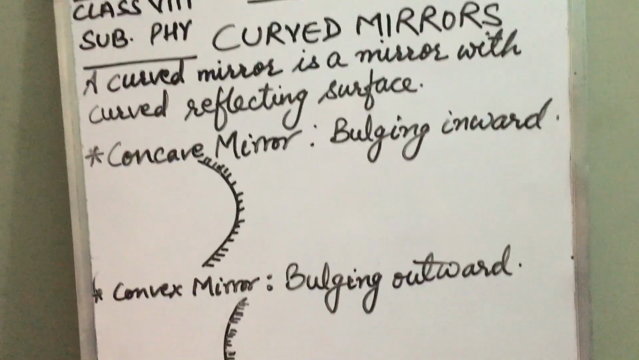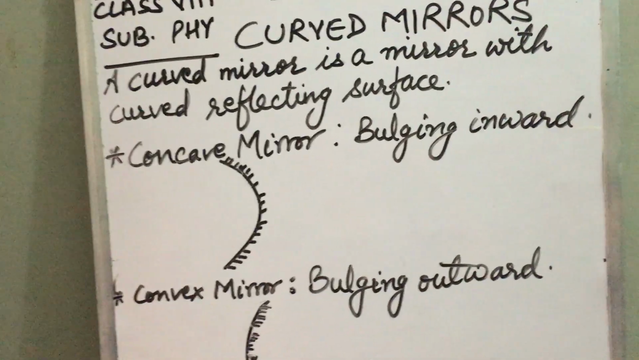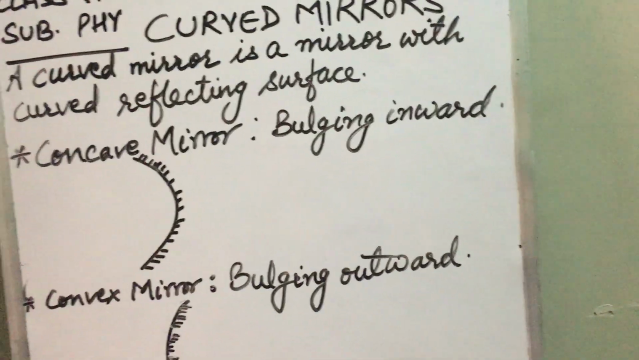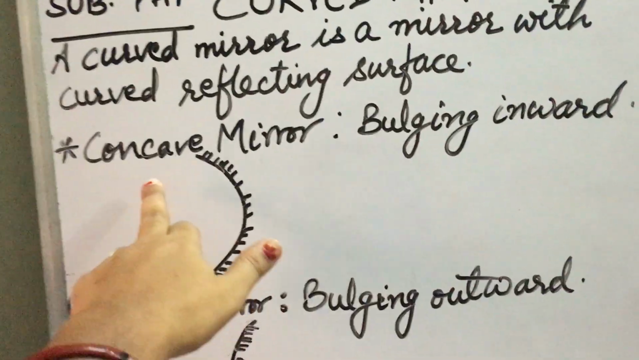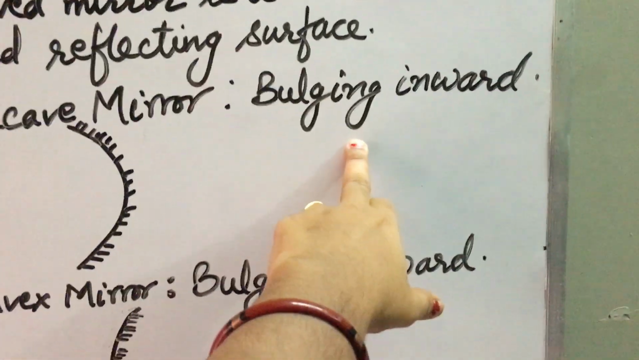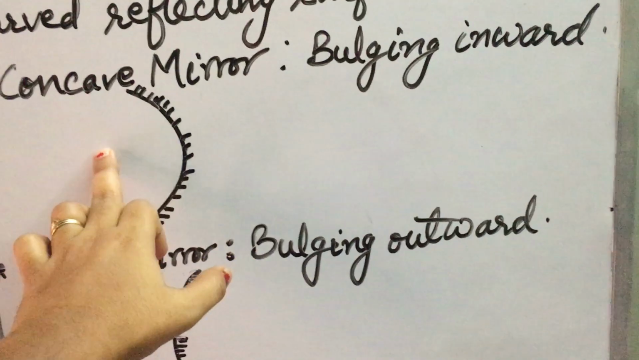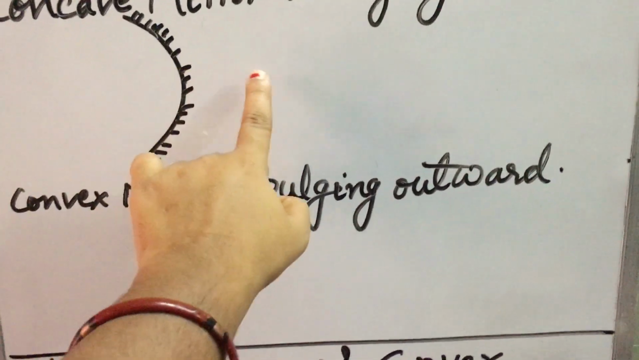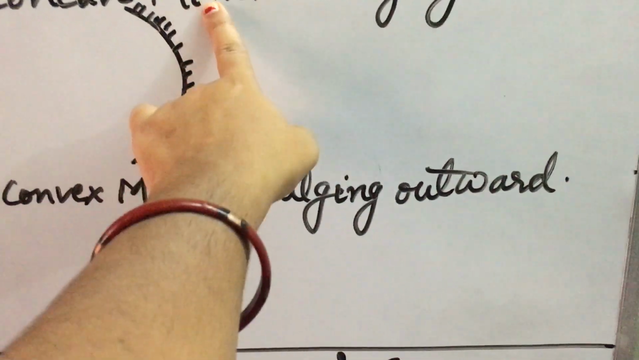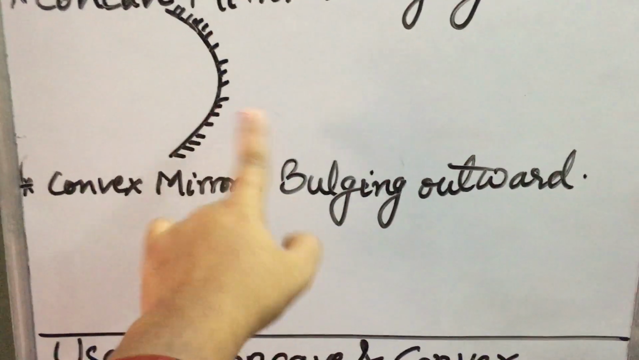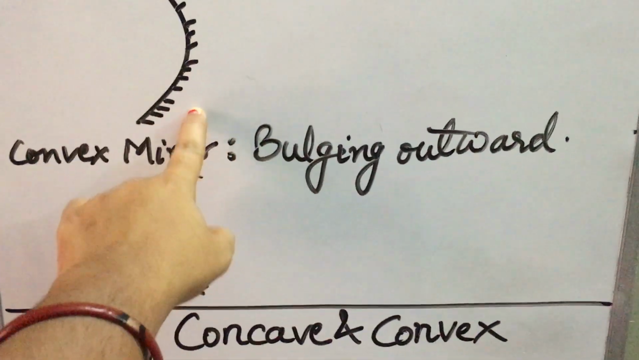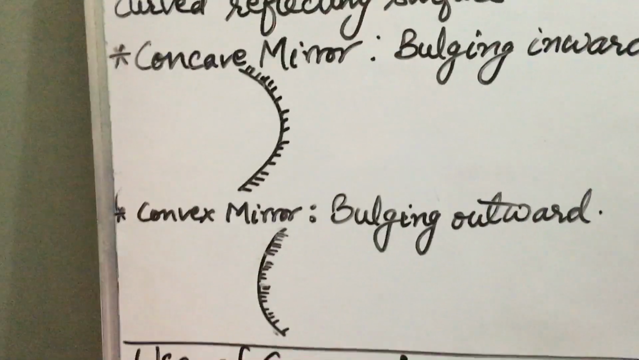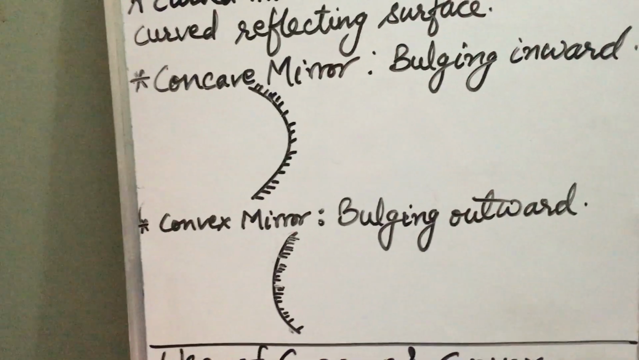Now curved mirrors are of two types: concave mirror and convex mirror. What is the difference between a concave mirror and a convex mirror? See children, a concave mirror is bulging inward. That means the reflection takes place from the inner side surface, that is this surface. The outer part is polished, okay, this part is polished. This shaded portion is the polished surface, and from this inner side onwards the reflection is taking place from